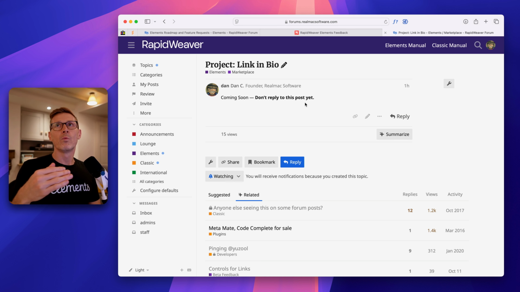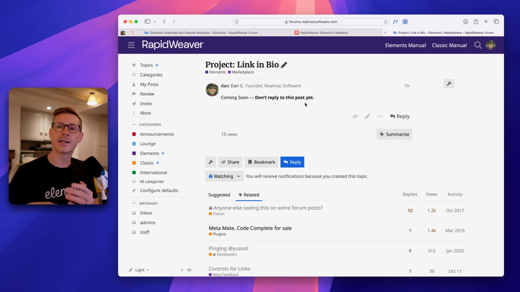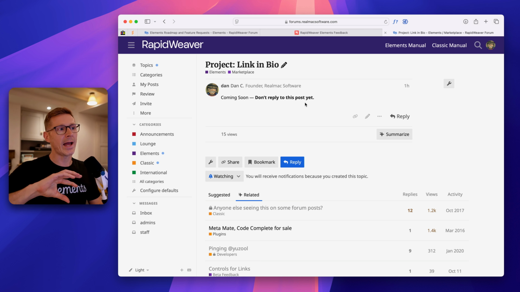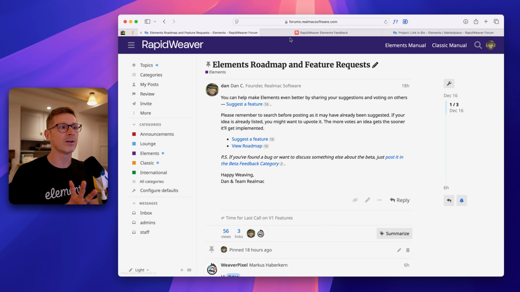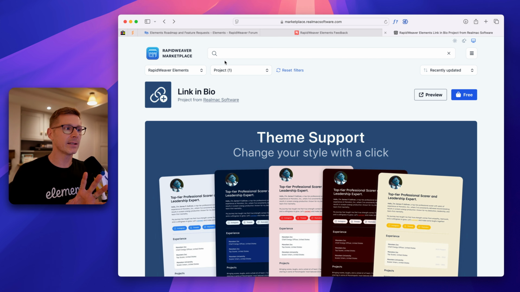But we want to push these things out, and as you've seen with Elements, things aren't always finished, but they're usable. So we just keep iterating, keep moving forwards, and keep polishing things up. And yeah, so I think this is going to be really good. It's early days yet on here,